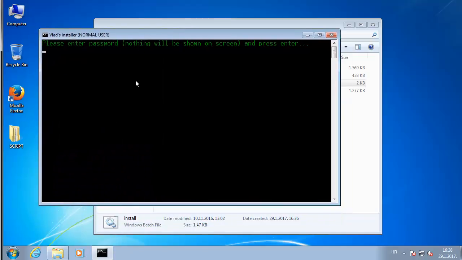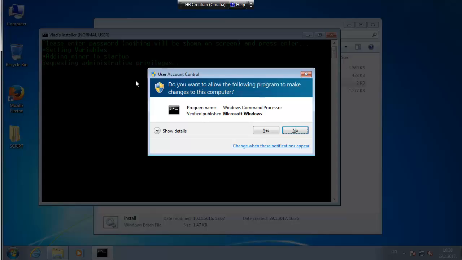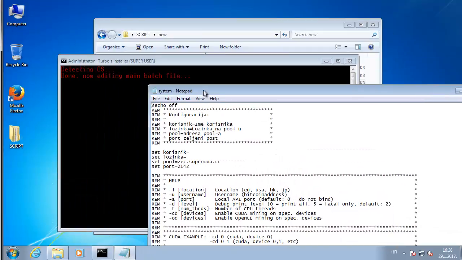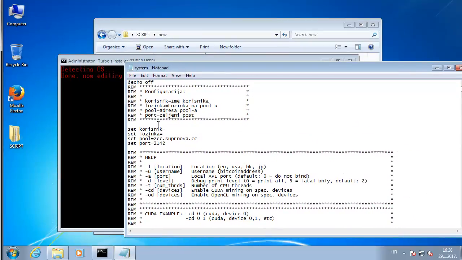So basically, enter password 1, 2, 3, 4. Now this thing will happen. You will be prompted for administrative rights, and Notepad will be opened. So username will be Vlad, for example. Password will be 1, 2, 3, 4, whatever. And this is